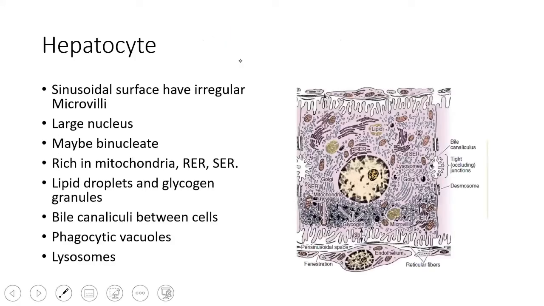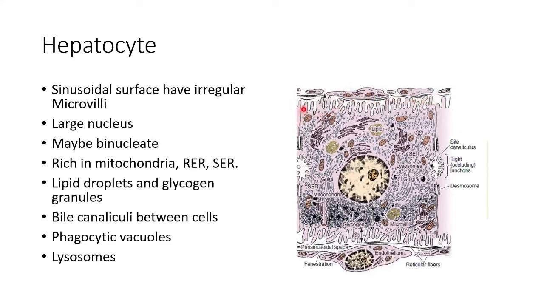When you look at the structure of the hepatocyte, here you have a sinusoid filled with blood, right? On that surface, these are the endothelial cells. So you have different types of endothelial cells, right? In the liver, you have sinusoids. Between these endothelial cells and the hepatocyte, you have a small space which is filled with plasma fluid coming from the blood. This space is called the space of Disse.